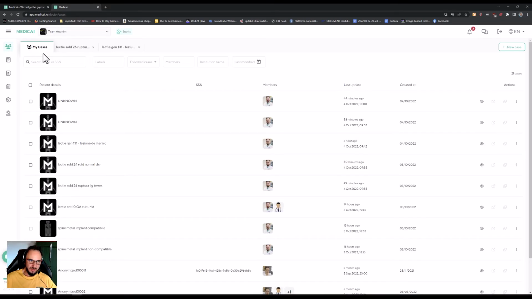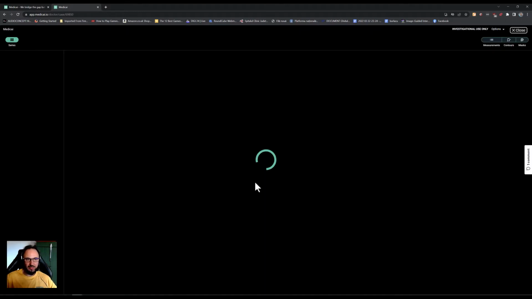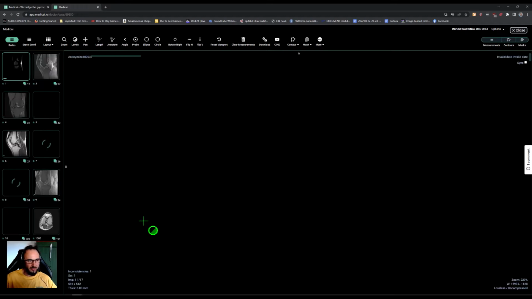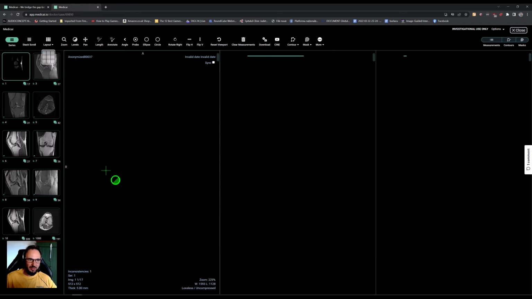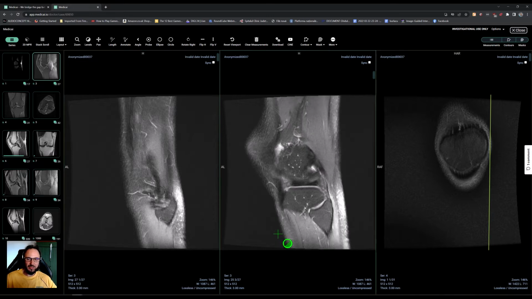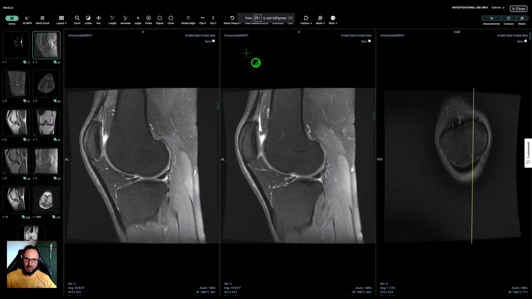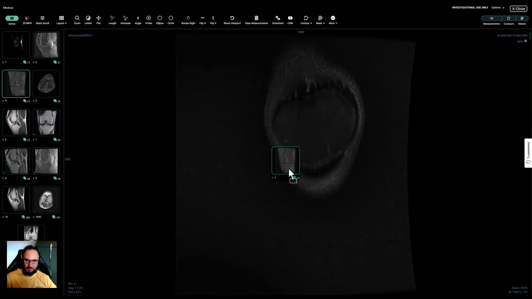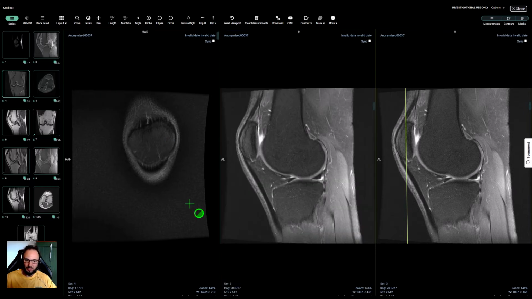Let's go back to the case I want to present. This is a meniscal lesion. Actually, at first, this is interesting. At first, I reported it as being quite normal, but of course that was a mistake. So this is quite a regular DICOM viewer. It has all these panels. If you want to make it full screen, you can use F11 from Google Chrome, and you will optimize the workspace similar to Radiant or any other